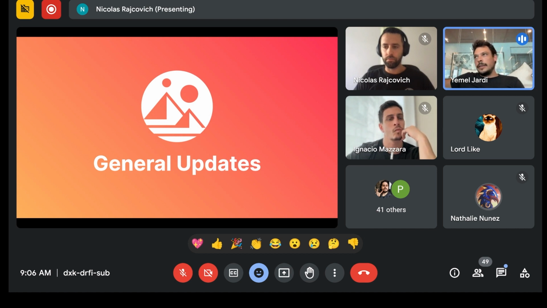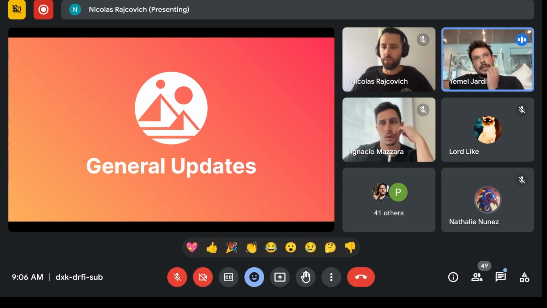These cycles are between 7 or 8 weeks of development, depending on each cycle, as we're still experimenting with what is best for the team. But basically we end up with a lot of releases during the half of the cycle or at the end of the cycle.